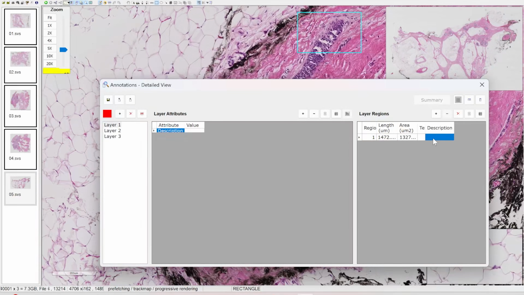You can type a description, for example, tumor or benign region or malignant and so on. You can also write a text. This text can be used as classes or keywords for that region, and the same for the second and third